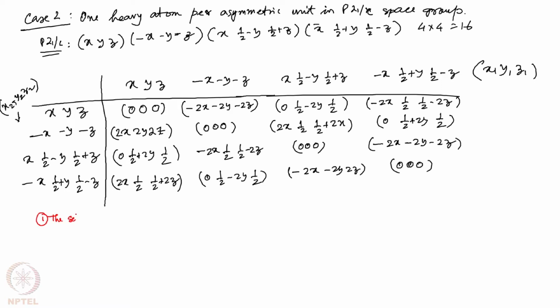The self vectors at 0 0 0 appear 4 times. The point number 2, there are 2 appearances